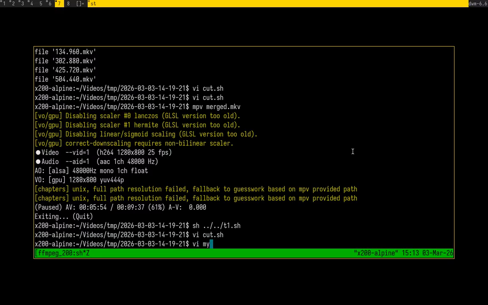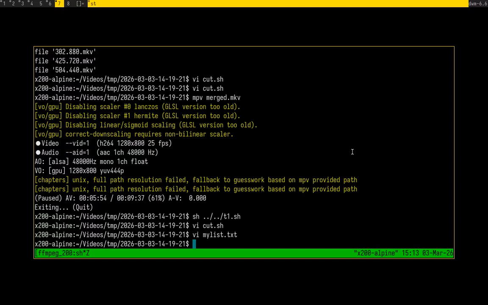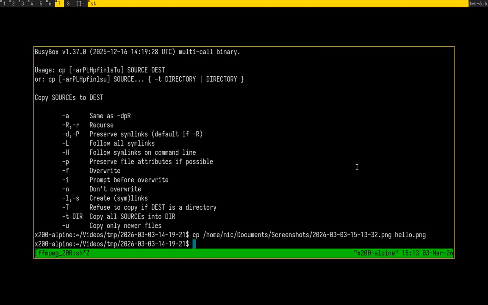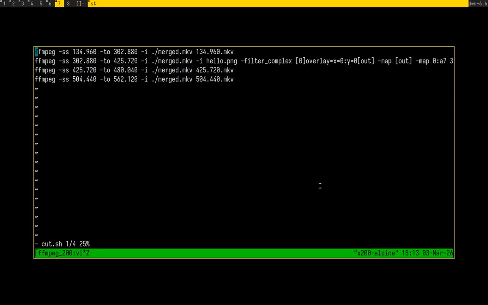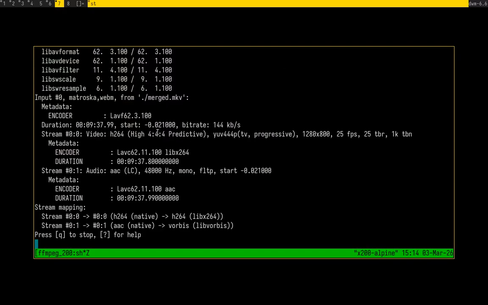let's right click. Oh, we also need to adjust the mylist thing. So let's delete all of this out because it only appends to it. And let's copy this. No, let's copy this to hello.png. All right. And if I now run this cuts.sh, it will find this hello.png and it will put it as an overlay over this video clip. So let's just run the script. I think I also need to run it with sh,